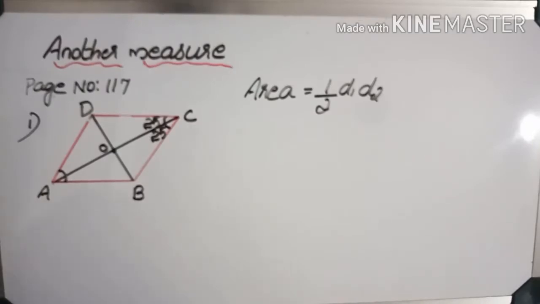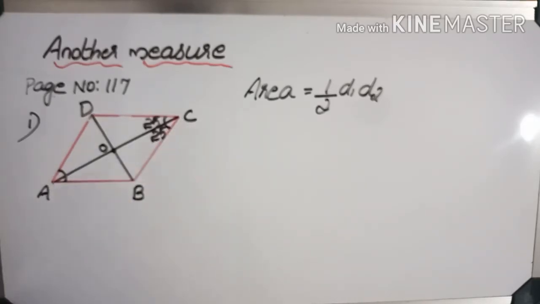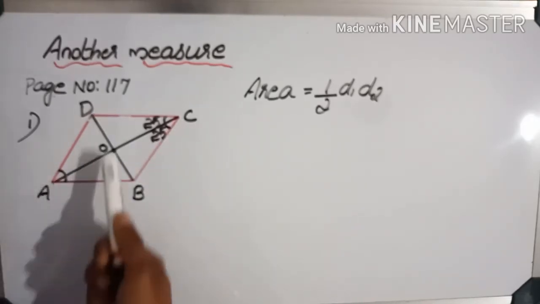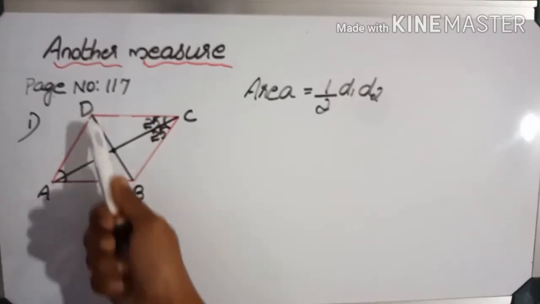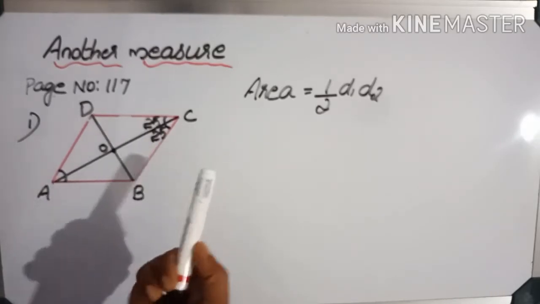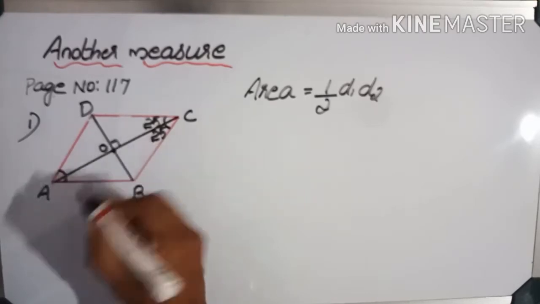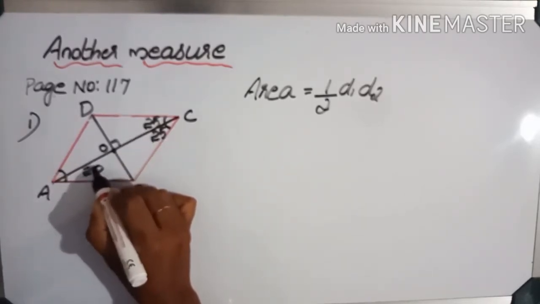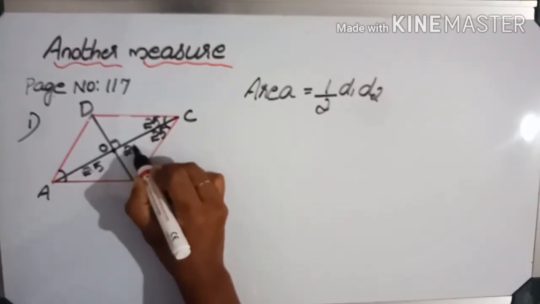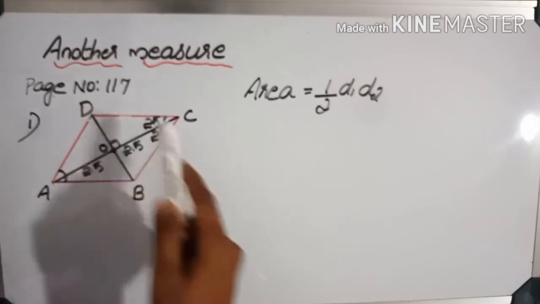Like this we can draw. So here DB is the second diagonal, AC is the first diagonal, and we know for the rhombus two diagonals are perpendicular bisector of each other. Perpendicular and also bisector. That means 90 degree. Perpendicular means 90 degree and bisector means total 5 centimeter divided in two halves. That means here 2.5, here also 2.5. So rough figure we got.